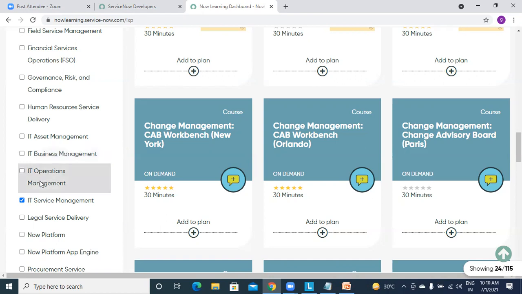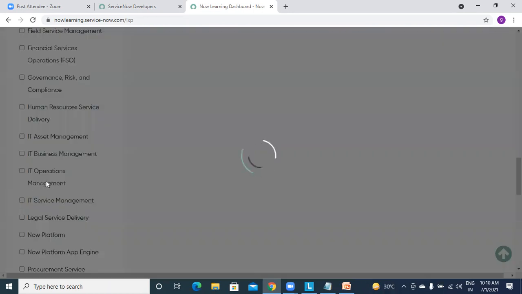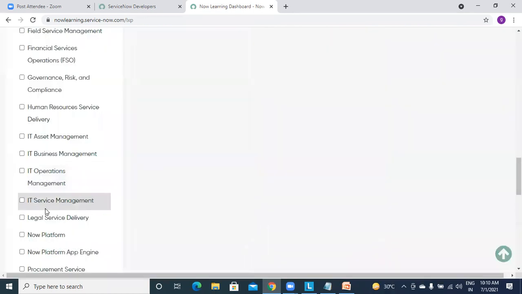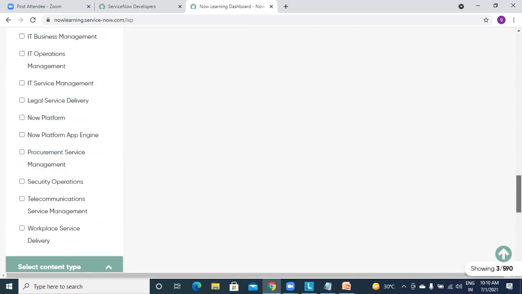Okay, that's all. ITOM doesn't require even a word of scripting, not even a business rule. It is just configuration based, and mostly people from a networking background will go for ITOM, because it has everything related to IP addresses, servers, and so on. So it is mostly preferred by networking people. Presently ITOM is trending, more than ITSM. But we need to have an idea about IP addresses, servers, all those things. Okay, so you can do all the courses from here.